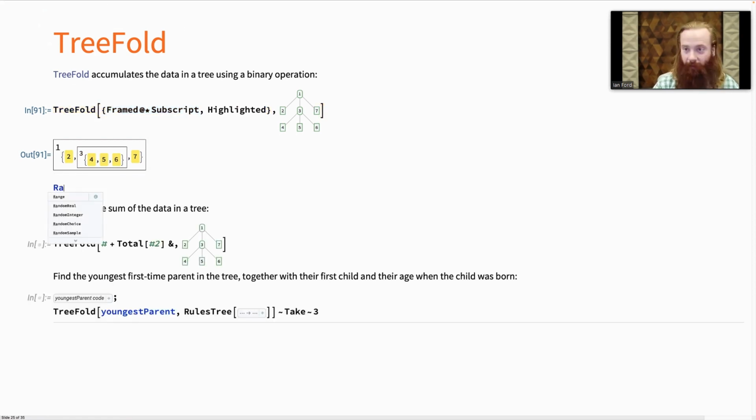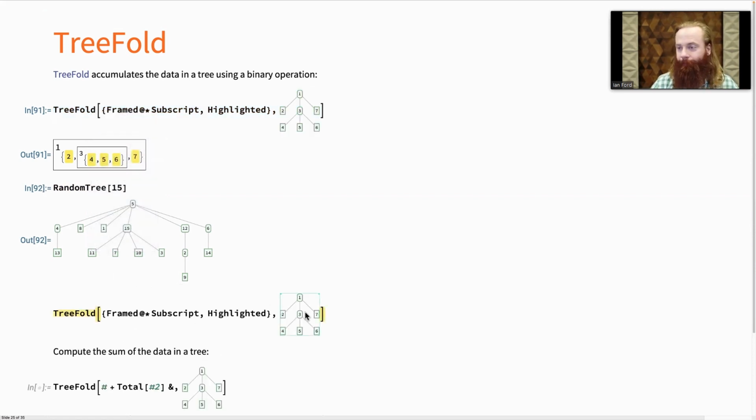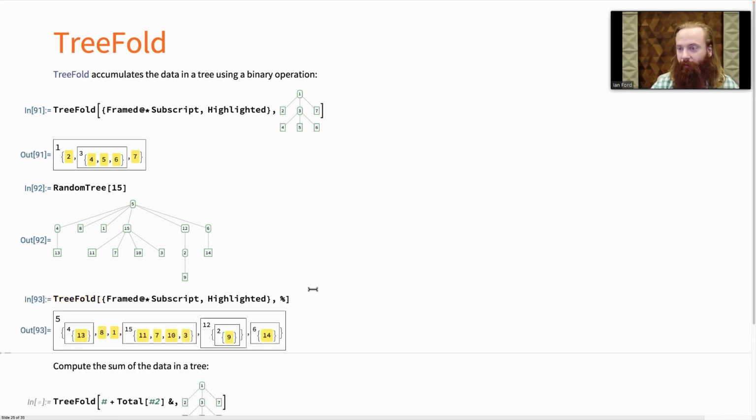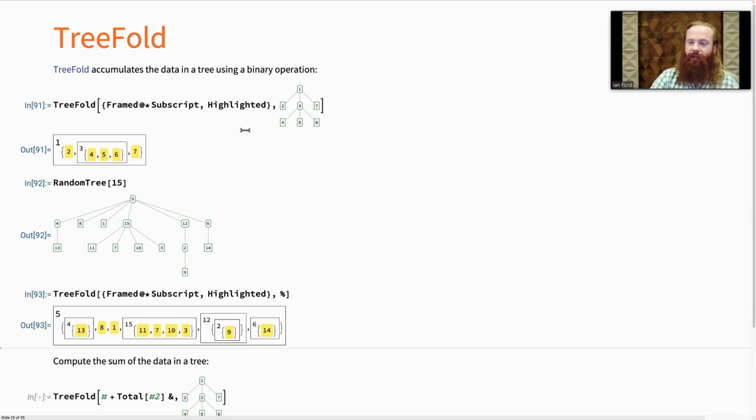Maybe I'll do an even larger tree for fun. So if I do random tree, and fold that tree with the same operators, there we get a little bit more complicated example. So this is kind of the fundamental operation that can be used to implement other functions that accumulate the data